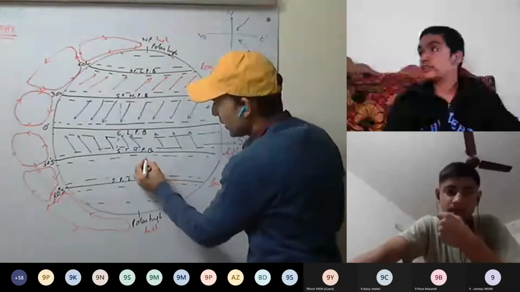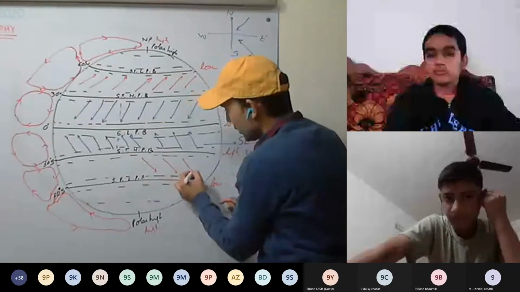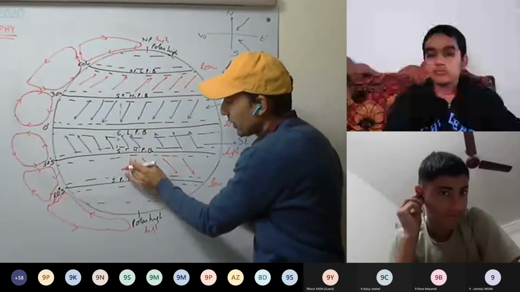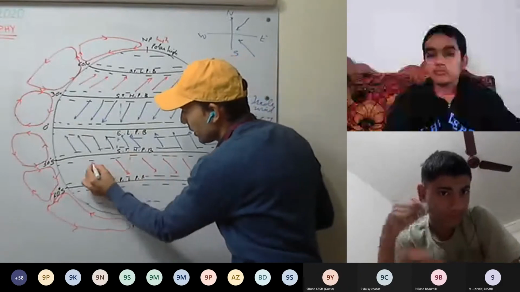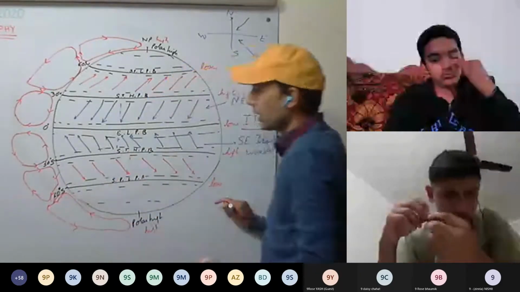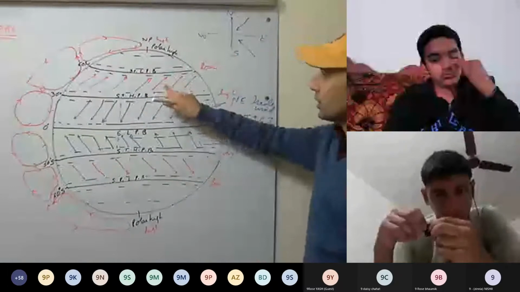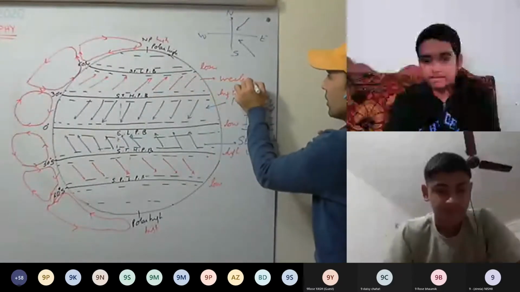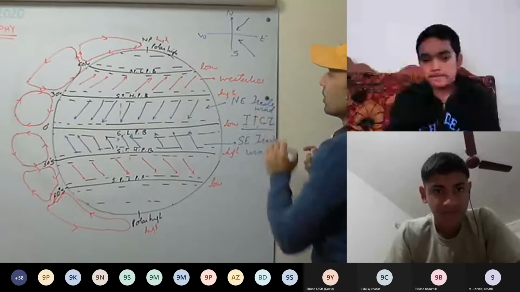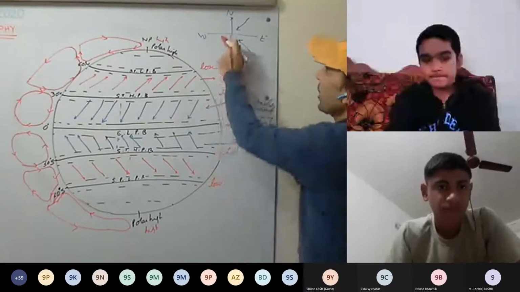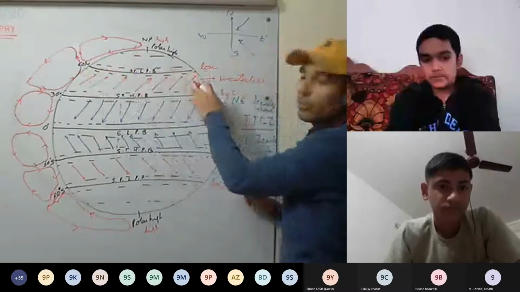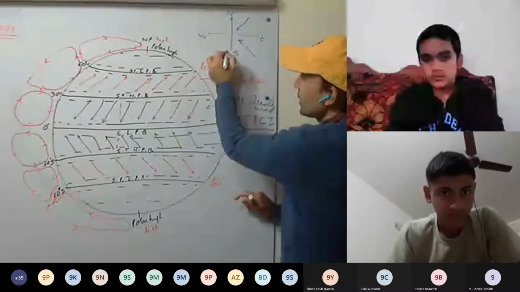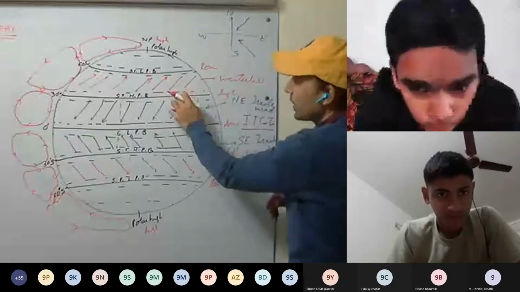Similarly here, these winds will flow in this direction, and because of the Coriolis effect, they will be deflected towards the left in the southern hemisphere. Now, these are mainly called westerlies. They are flowing more in the west direction. Which direction are they originating from? Southwest. They are originating from southwest.